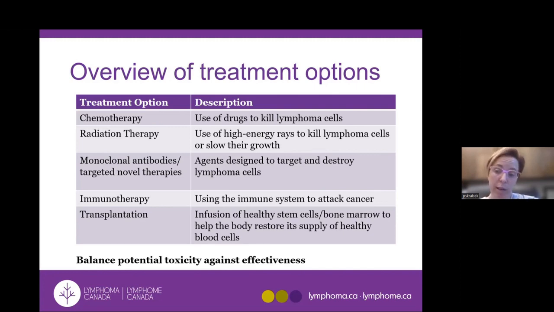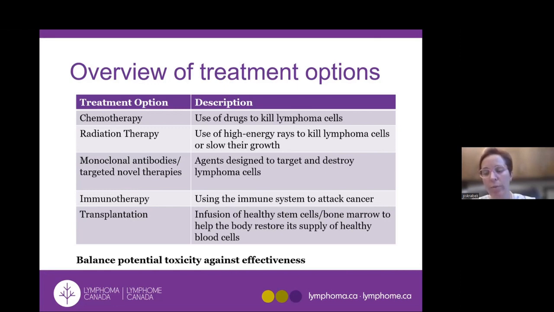Because they work so differently, patients who have not responded well to chemotherapy can often still get a good response. Transplantation in follicular lymphoma is where we infuse healthy stem cells or bone marrow, and it's something that is used sparingly in follicular lymphoma, generally considered for patients that are young and have an early relapse. For all of these treatments, we really are always needing to balance the toxicity and the effectiveness, especially considering that